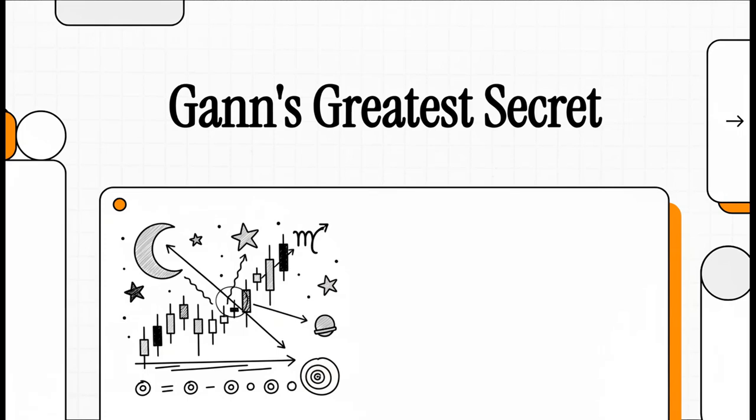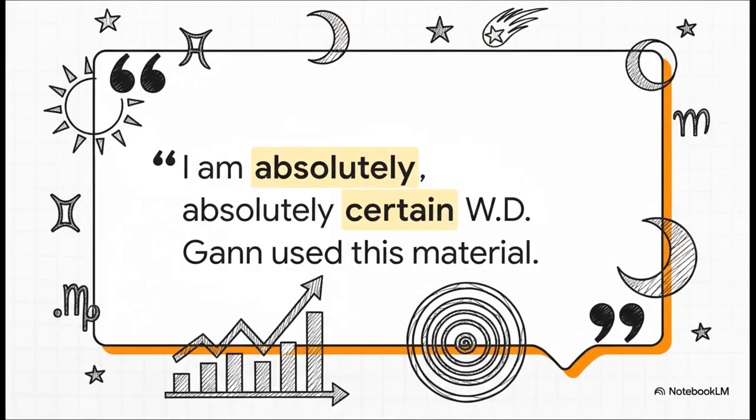W.D. Gann. Now there's a name that pretty much every trader knows. He's a legend, famous for an almost spooky ability to call market tops and bottoms. Today, we're going to dig into some source material that claims to have cracked one of his most powerful and, frankly, most misunderstood techniques. And listen, this isn't just another theory somebody dreamed up. The source material we're looking at is dead certain, like absolutely convinced, that what we're about to unpack is one of the three main systems Gann himself used to build that incredible reputation.